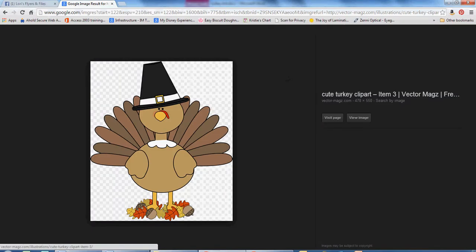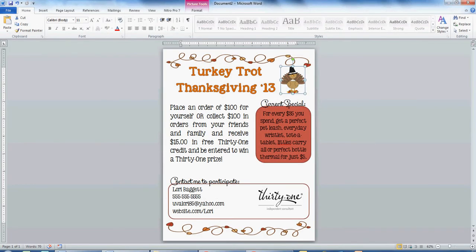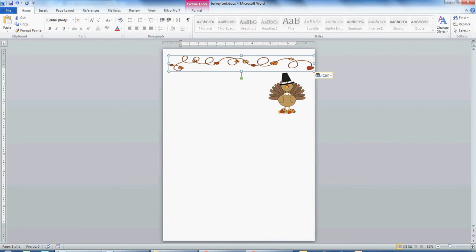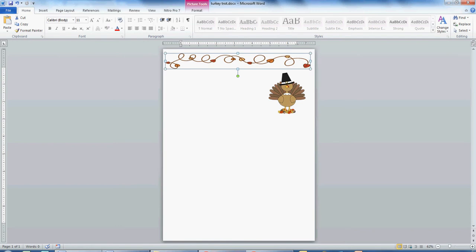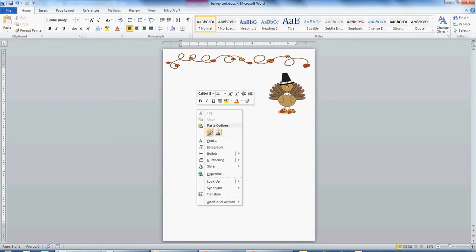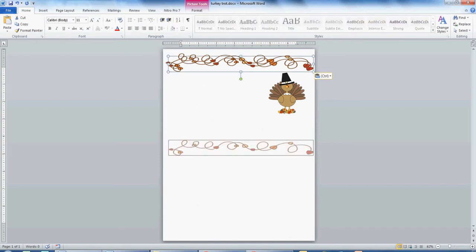The next thing I want to do is add my lovely border art, also found on Google, which I do not have bookmarked, so I'm just going to add it straight from this file. You can resize this as big or as small as you'd like. And then to make the same border on the bottom, I just copied it, pasted it, moved it,